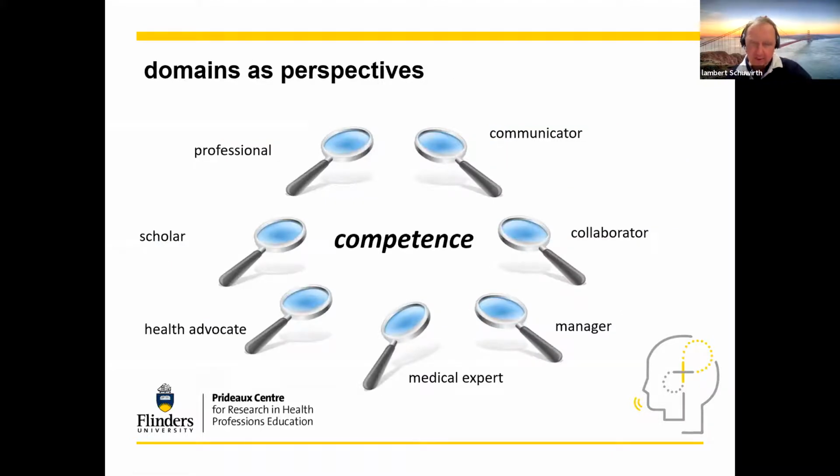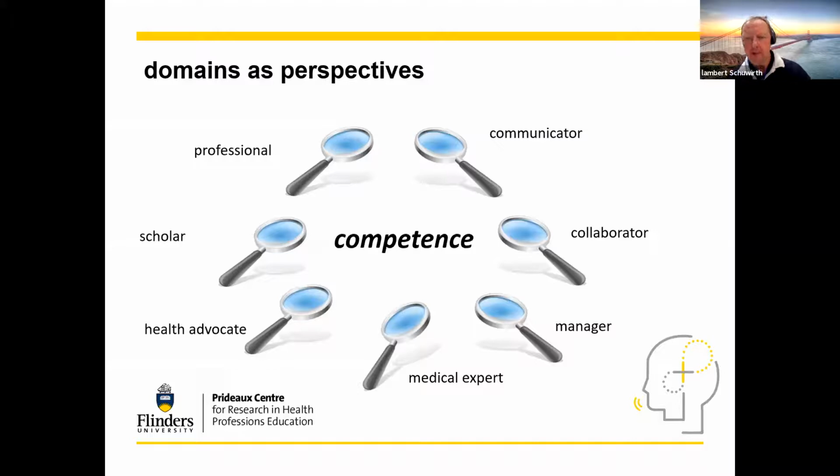Which, and I'm getting to my final slides, which means that we do not have these separate entities like knowledge, skills, attitude, problem solving, etc. And we don't think that they're each measurable in their own right. They are just different lenses, different ways of looking at competence, because competence is nebulous, it is vague, and it's difficult to really grasp and to find the boundaries. So we need different lenses to look and to make sense of it. And again, this seems odd. How do you work with that?